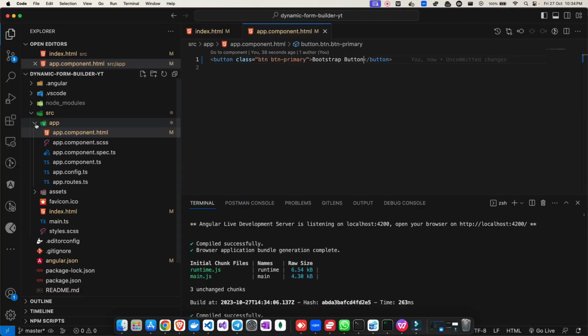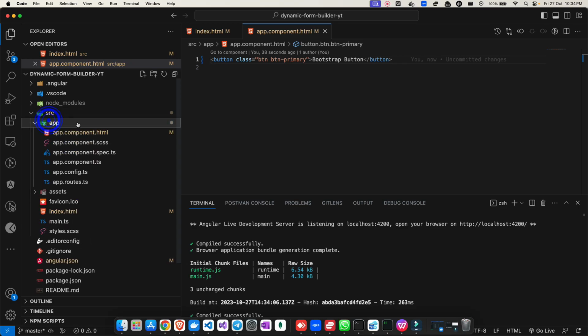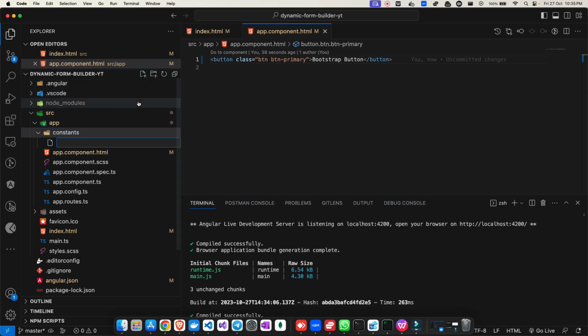Now what is my step 2? My step 2 is to create the JSON config. You can do that in two ways: either you can create a .json file in the assets, or you can directly create a JSON constant. I will be using the JSON constant because it is easy to do. Let me create a new folder here and give it the name constants. Inside this I will be creating my first constant, which is